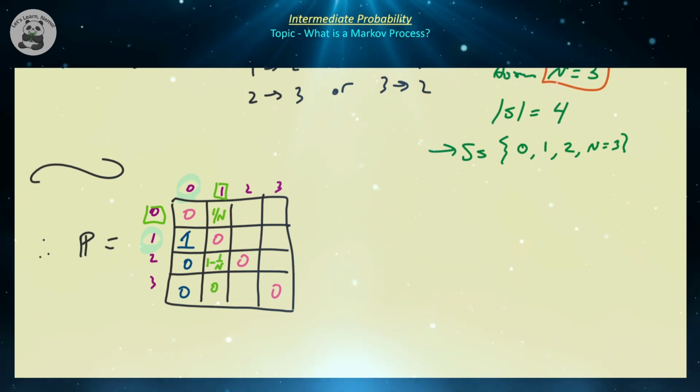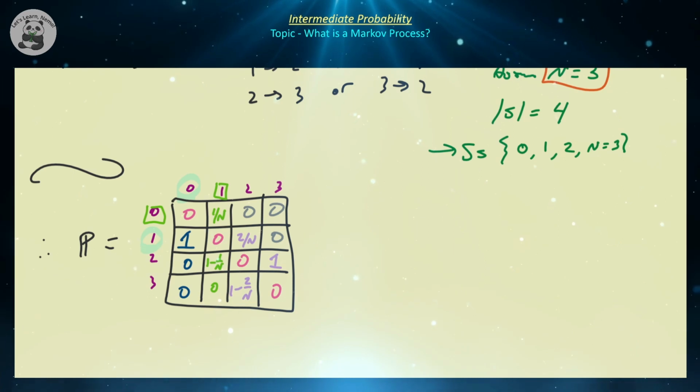Right? And then what is the probability of going from 2 to 0? Well, that's obviously going to be equal to 0. 3 to 0, that's obviously equal to 0. 3 to 1, that's obviously equal to 0. And I think that's all of the 0 probabilities. So what's the probability of going from 2 to 1? You should be able to verify that that is going to be equal to 2 over capital M, which means that that's 1 minus 2 over capital M. And what's the probability that we go from 3 to 2? So think about it. That should be equal to just 1.